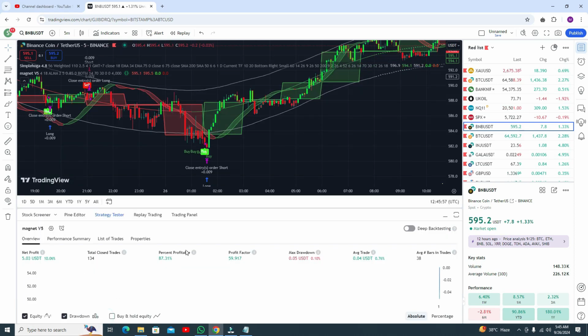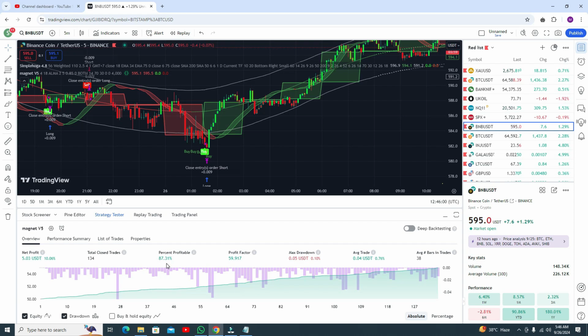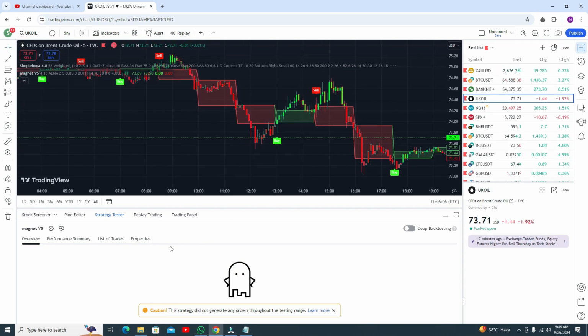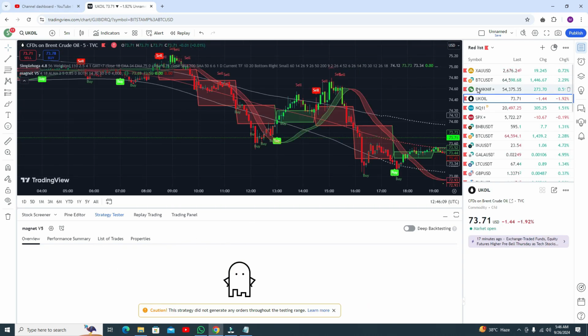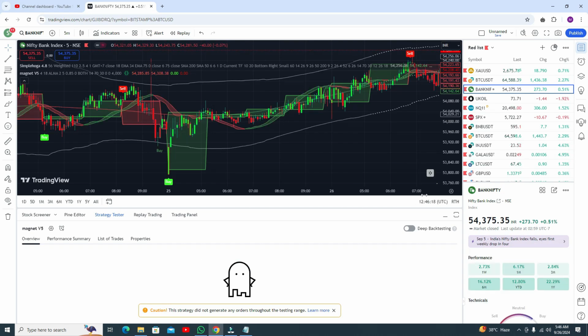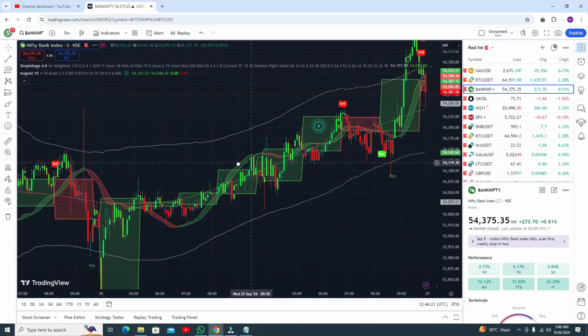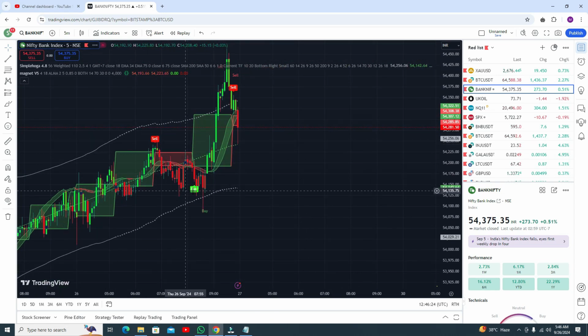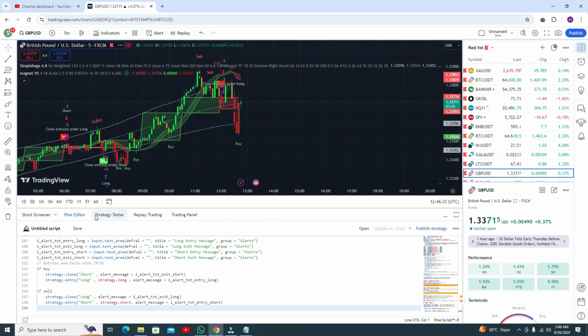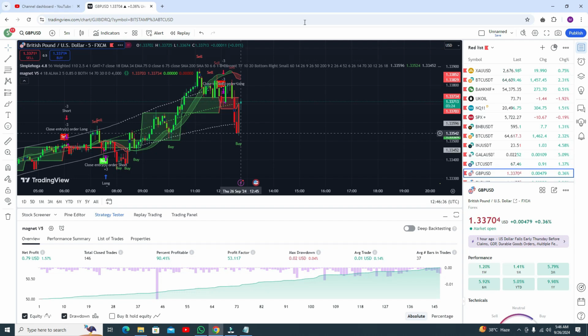If you go to the study tester, in each pair you will get an accuracy of around 87%, 80%. Like in UK oil, you're getting accuracy of nothing, it's not working. But this indicator is working fine. And in the bank nifty, this result is not showing here, but the indicator is working fine. You can see the results. So in the GBP USD, let me show you the study tester, and you are getting around 90% accuracy of this single indicator, Magnet V5.